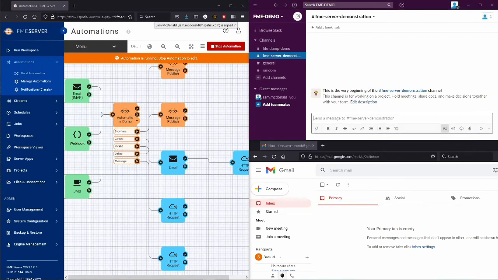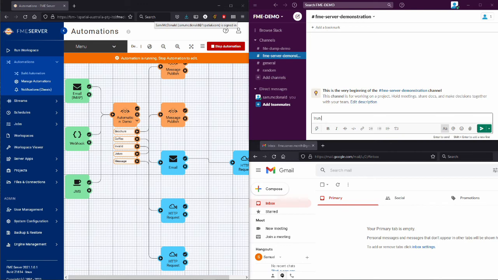Let's start with Slack. The way this is set up now is that we need to start anything we do with the !run command. The webhook that's sending to the FME trigger is sensitive to this !run command, and that's not controlled by FME Server, that's controlled by the Slack integration, because Slack integration is really easy to manage. So all we need to do is reference one of our commands that we've included in this workbench, and